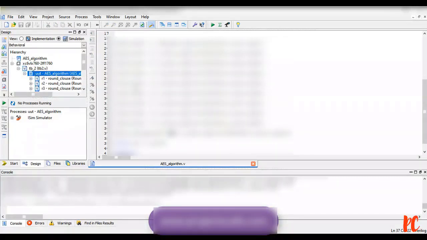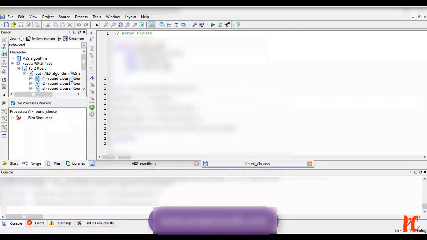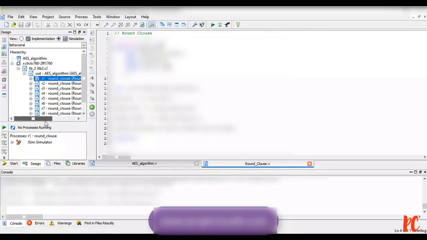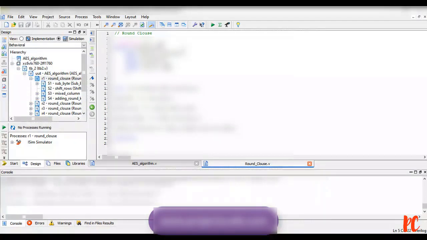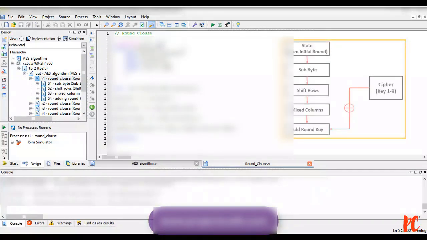So if I need to go for round 1, I am going for round 1. Further, you can elaborate this by clicking the plus symbol. So this is my round 1. Here you can observe what we have understood with respect to round 1, I mean the main round. Initially, the input signal that we will be getting is from the initial round. After that we will be having 4 different stages.